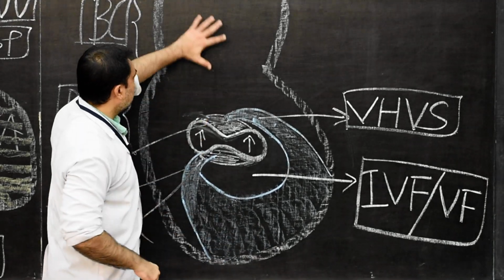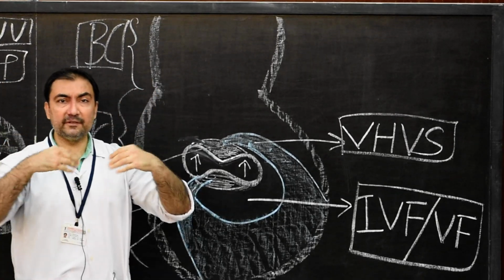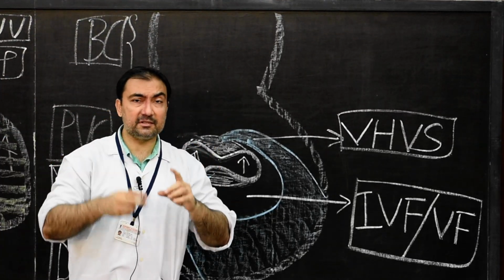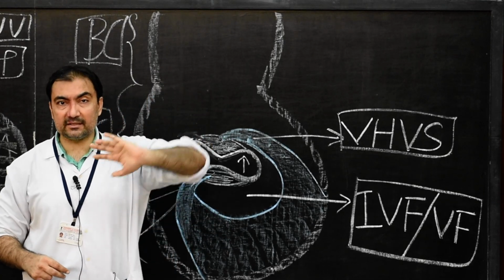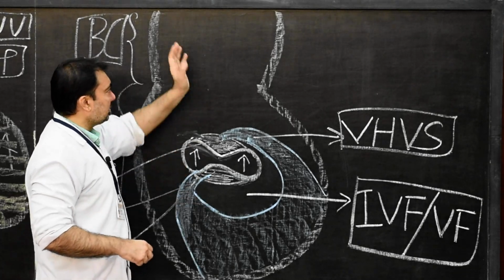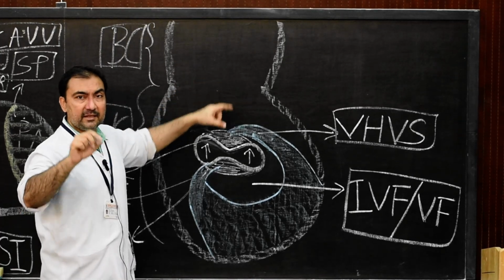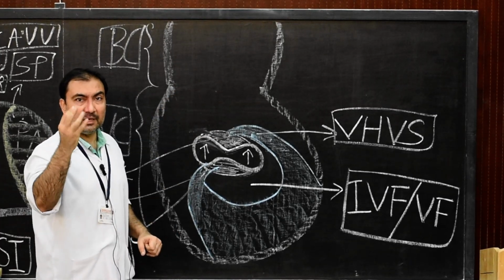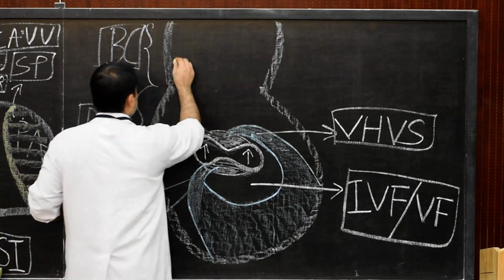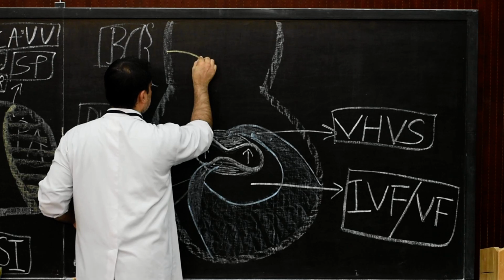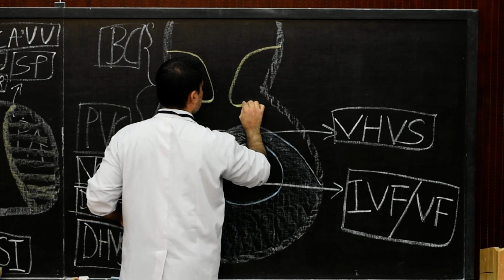Now we show the truncus arteriosus. As I told you, it will later on differentiate or develop into so many structures. Out of that, the important structures are the aorta and pulmonary trunk, distal end. How the aorta and pulmonary trunk develop will be the next topic. We just need to show at this stage the four cushions, the four valves. Those four valves which we need to show will be the right and the left. Here I am showing this as the right and the left.